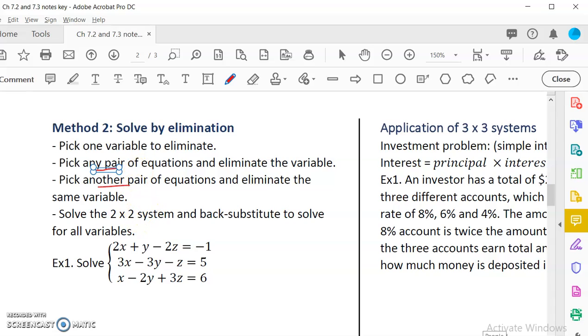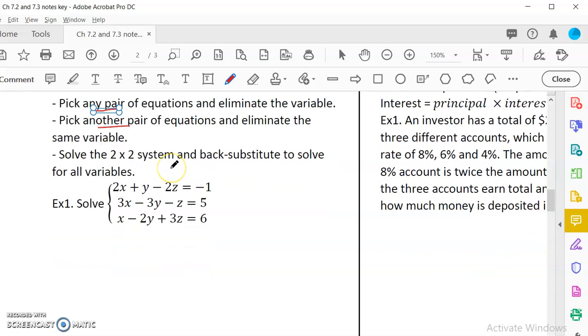So which one should I pick to eliminate? I usually pick the one that has 1 or negative 1 as a coefficient because that is more convenient to eliminate with other stuff. So for example, I can eliminate y because there is 1y. I can eliminate x because it has a 1x here. I can also eliminate z, so it doesn't matter. For random purposes, I'm just going to eliminate x. You just have to make up your mind that you want to eliminate x. But you eliminate two times. Okay, so first, look at